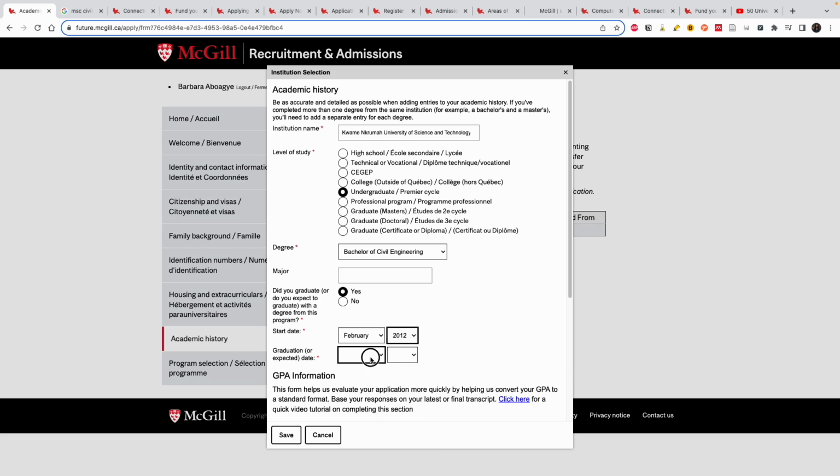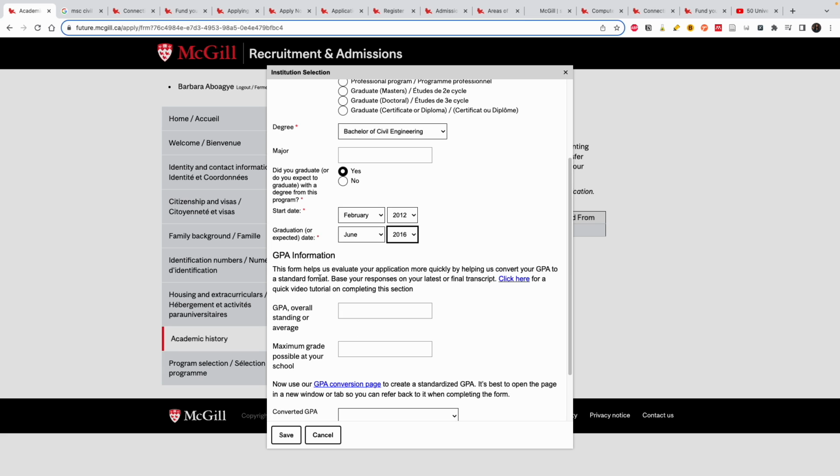You choose the actual date. 2016. GPA information. This form helps evaluate your application more quickly by helping us convert your GPA to a standard format. Base your response on your latest or final transcript. Click here for a quick video tutorial on completing this section. I will leave you to go watch that video. So you click on this,